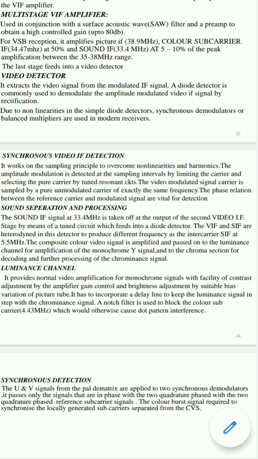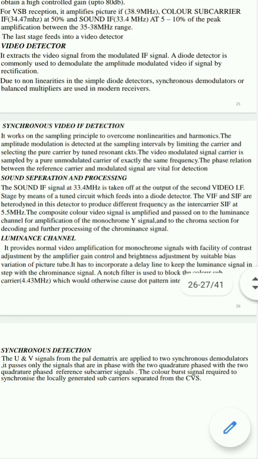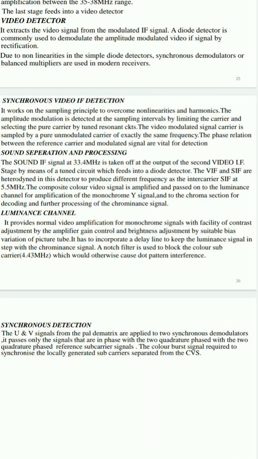We can amplify that composite video signal, and it will pass on to the luminance channel for amplification of the monochrome signal and to the chroma section. The luminance channel provides the normal video amplification for the monochrome signal, with the facility of contrast.